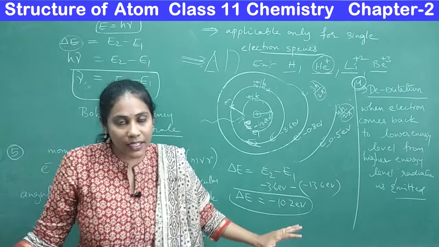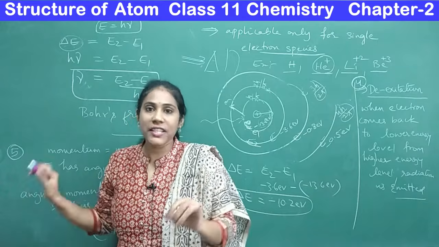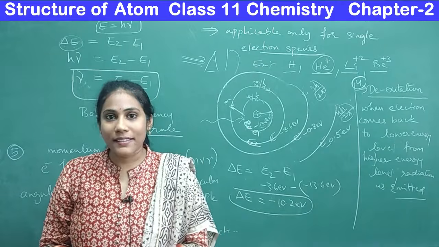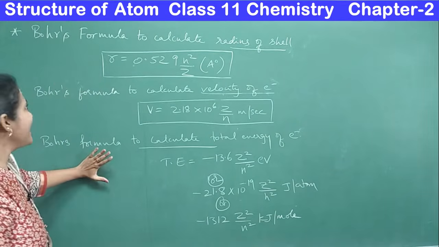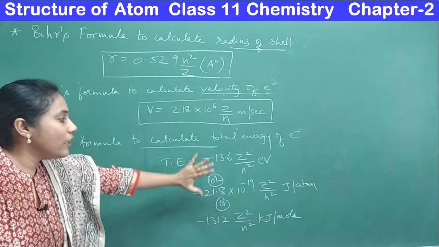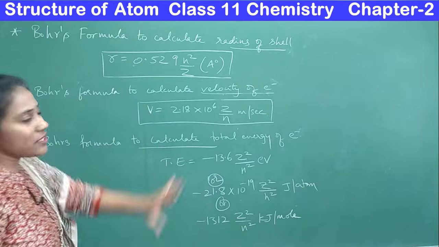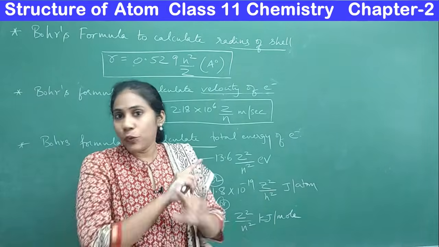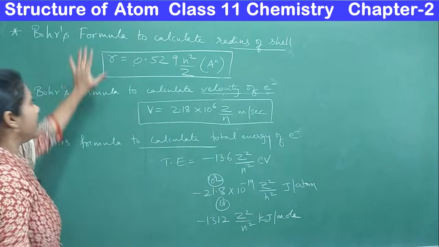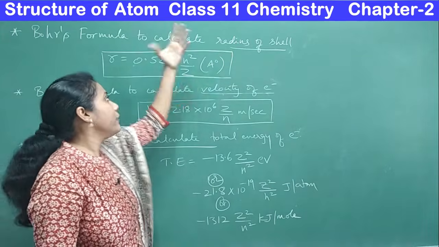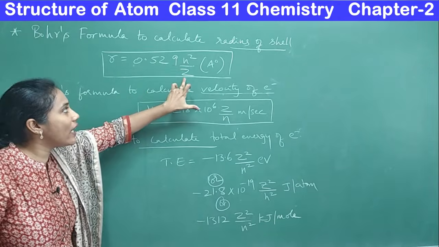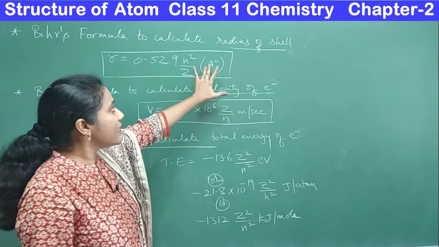But now in chemistry, we don't learn the derivation, we just learn the formulas, because based on the formulas, numericals can be asked. Look at the formulas, guys. Here is a list of formulas I have written on the board in a simple form. Their derivations, I am again telling you, you will learn in class 12 physics, not in chemistry. So don't worry. See, if you want to calculate the radius of an orbit, then this formula: it is 0.529 n square by Z. You will get your answer in angstrom.